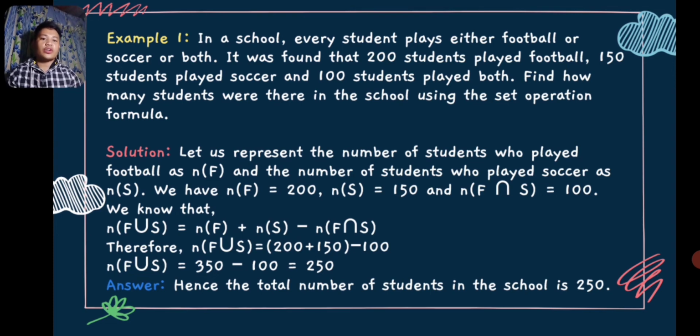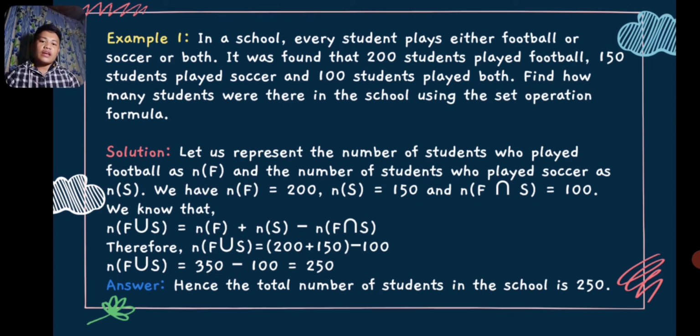So, solution: let us represent the number of students who played football as n(F), and the number of students who played soccer as n(S). We have values of n(F) as 200, as stated in the problem, and n(S) is 150, and the intersection of F and S, those who played both sports, is 100. So we know the formula for the union is